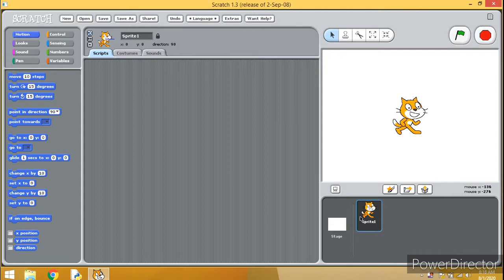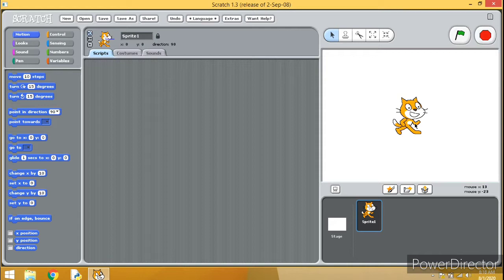So I want to show you today how we can make a dance stage. It is a very small animation, but it is very nice. Let me show you how to create it.